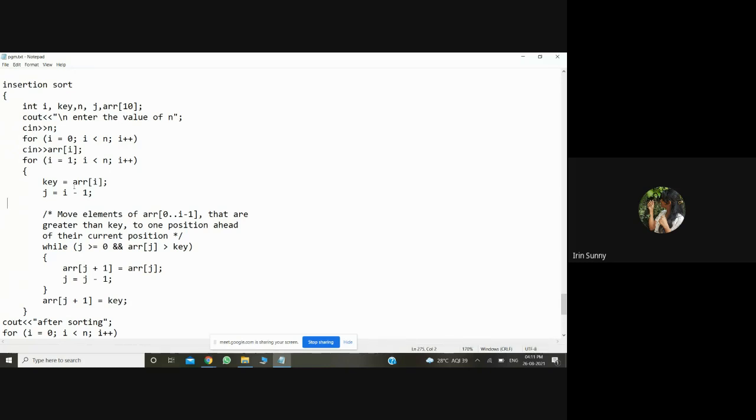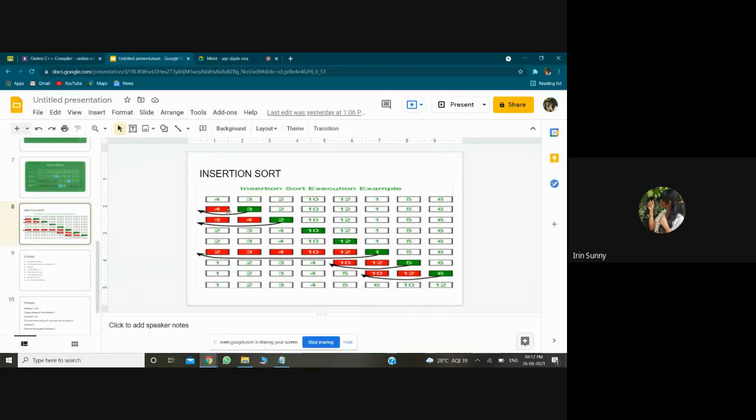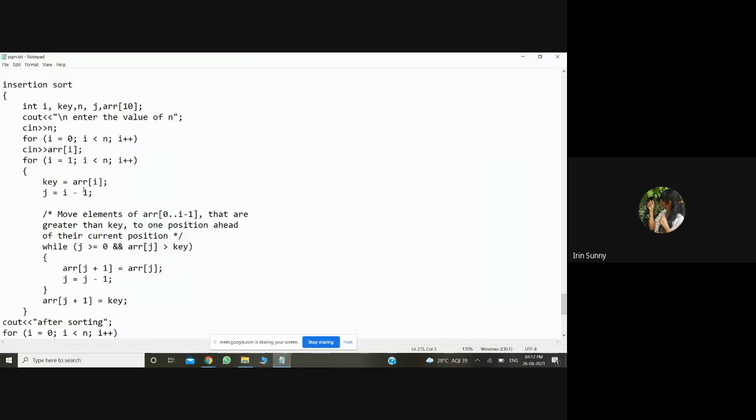Then we take another iterating variable j. This is the step I'm talking about. j, where we actually compare. What do I have to compare? I'm comparing this 3 has to compare with this fourth value. So this is i minus 1 position, right? If i is equal to 1, then this position is 0. So I have to minus a position from i's value to get to this position. That is why we gave j's value as i minus 1.